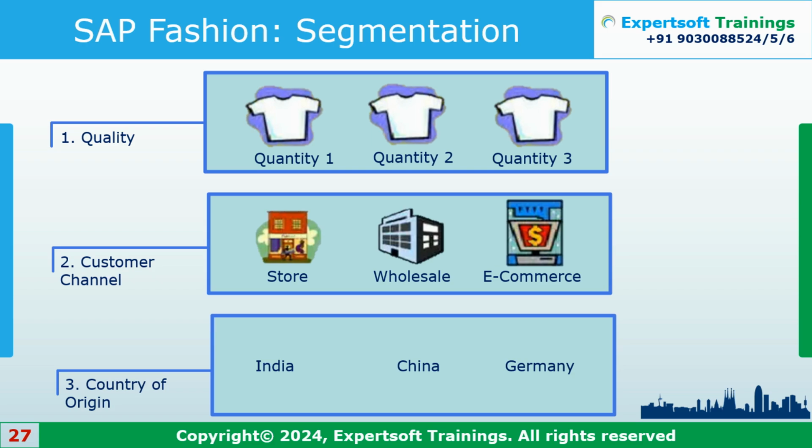The way is segmentation. So from a very high-level overview, segmentation is an additional attribute to the product. Once you have activated segmentation, which is basically setting up,